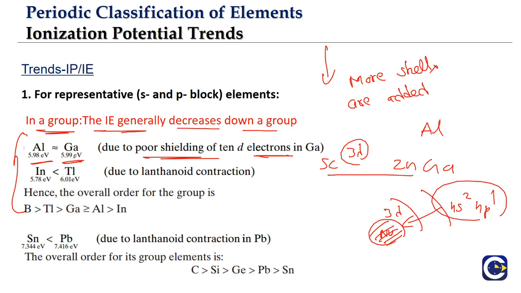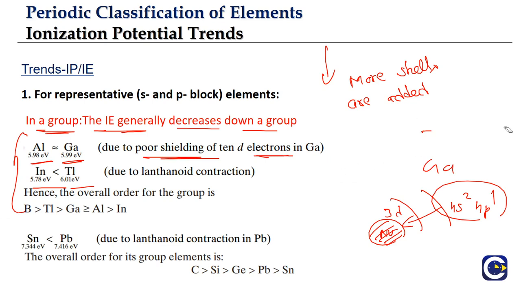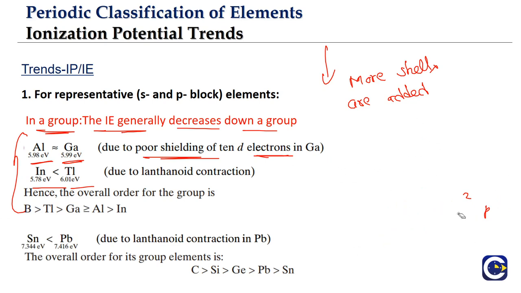So we can see practically also what the values are. Aluminum 5.98 electron volt, and gallium 5.99. Okay. And in case of indium and thallium, again we talked about this anomaly in the radius. So when we are moving from indium to thallium, we will be not only filling the